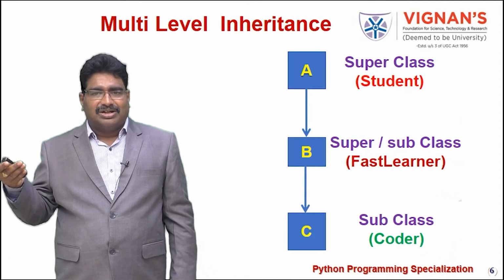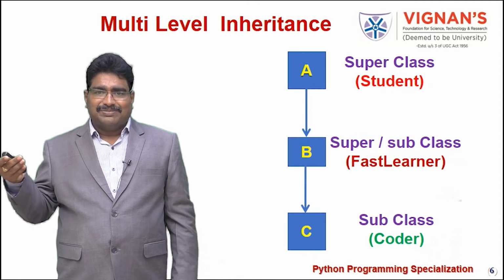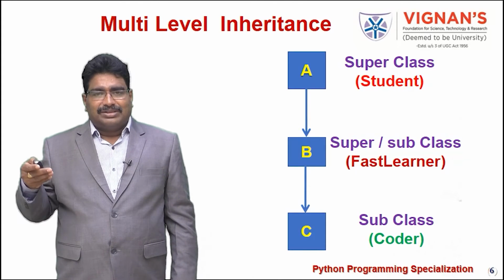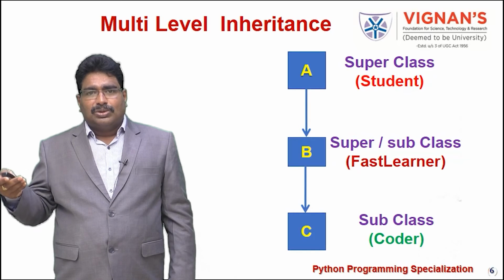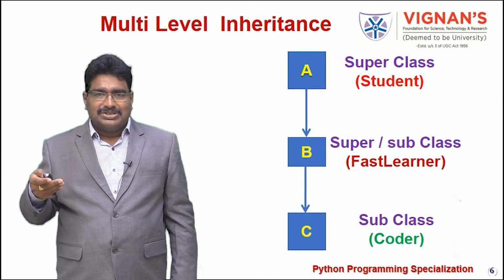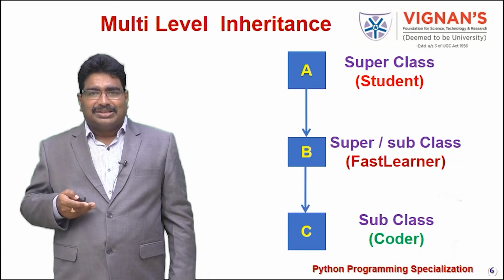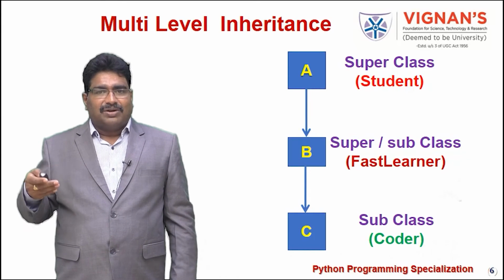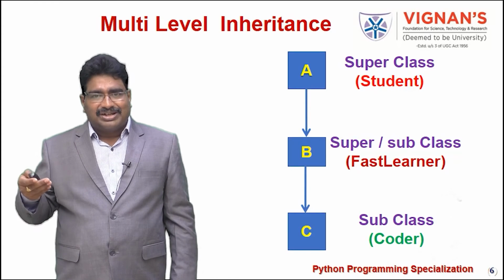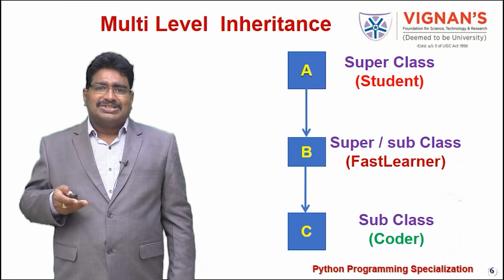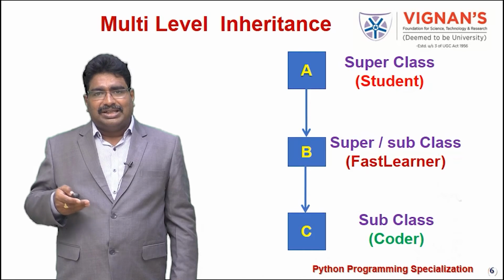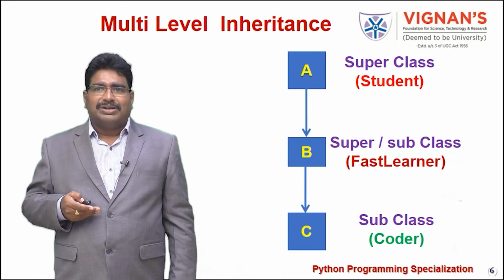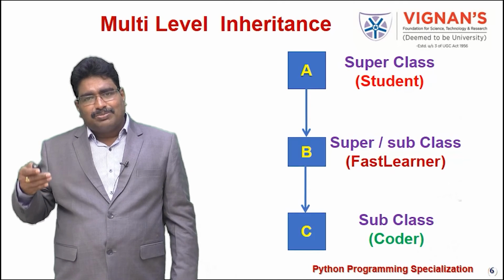Based on the score they got in the GATE, GRE and TOEFL, they will get admission in premier institutions. Another type of fast learner wants to be placed in multinational companies like Amazon and Google. So here we are assuming that a coder is very much interested in learning coding skills, wants to crack coding competitions, and targets placement in multinational companies with high packages. So he is interested in practicing more problem solving skills. So we are assuming that the coder is also one of the fast learners.